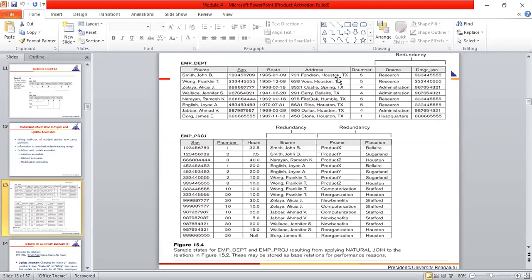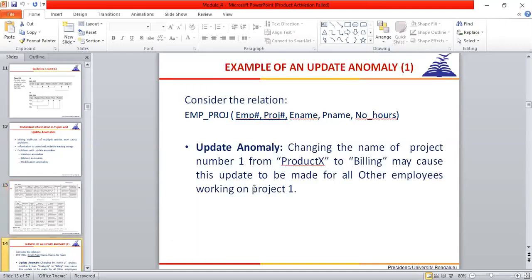But sometimes you forget, you don't know anything, and we want to keep this employee department information in one place, then we are facing this redundancy problem. We want to keep employee project in one place, in one table, then we are facing this redundancy problem. Okay, then coming to the next slide, examples. And what is this update anomaly? Under update anomalies we will cover three anomalies: insertion, deletion, and then modification.